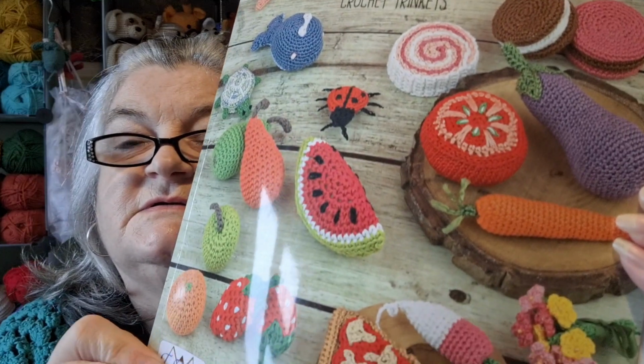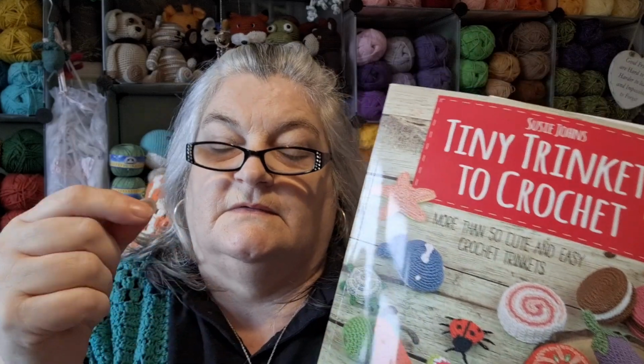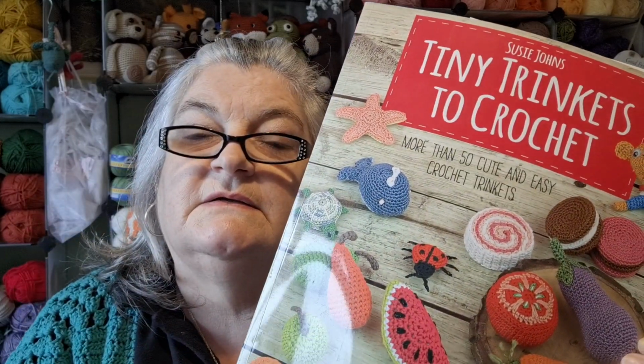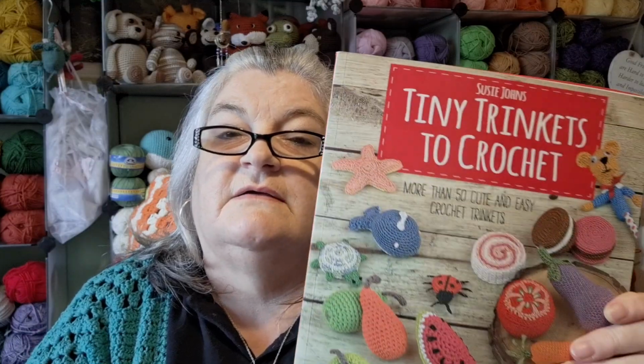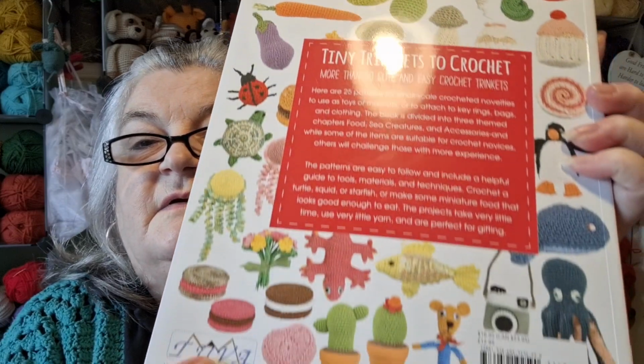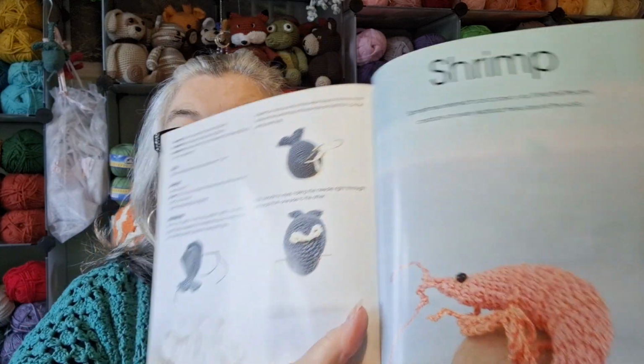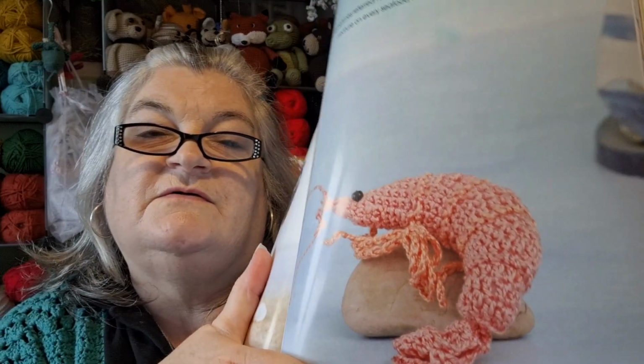That's the front. Make nice little keychain, keyring, fold, that stuff on the back. Anyway, I've been looking at this one for quite a while. This pattern, that's the author, Susie Johns. Tells you a little bit about her there. So I thought, oops, let me tuck that in. I've been looking at that for quite a while, and I've been doing a few